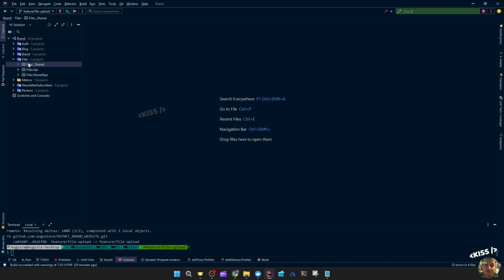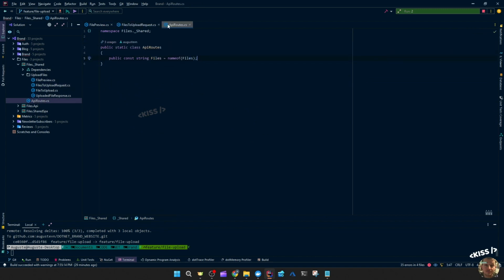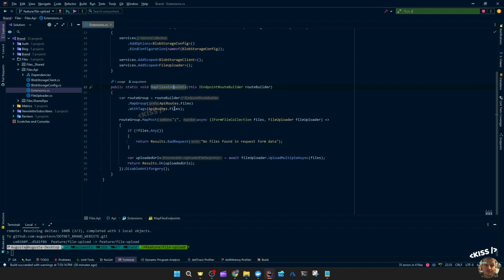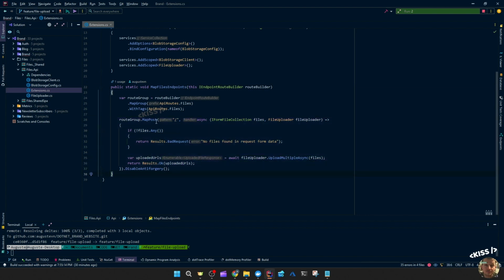So I made the files module with only a backend project and a frontend project. So a class library and a Razor class library, and then another class library that simply holds a few DTOs, data transfer objects, request, response, and the API routes. Then the API has the typical extensions. The endpoint, just one endpoint, post, and that can accept either files or images, but we're